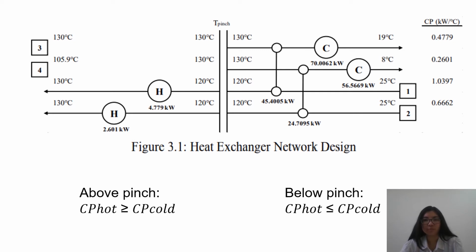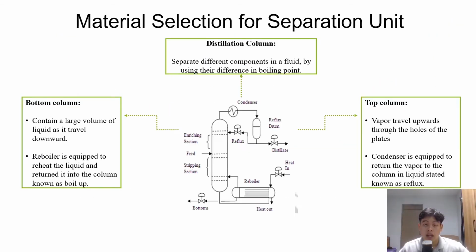So from here, we know that the minimum hot utility requirement is 7.38 kilowatt, while the minimum cold utility requirement is 110.517 kilowatt. Hi, I am Anwar and I will be presenting about the material science part, in which the